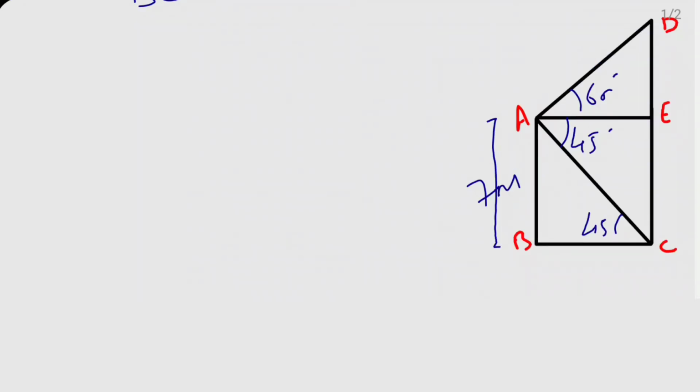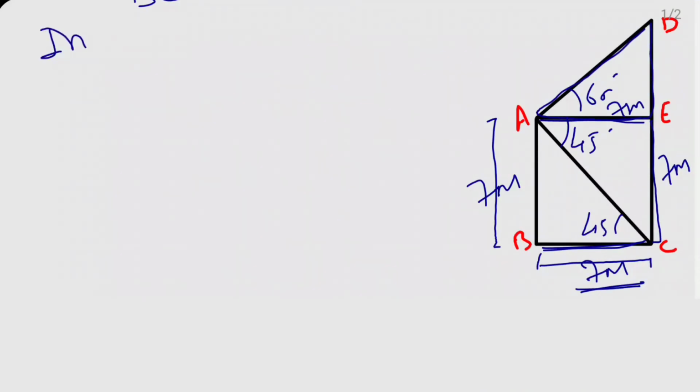Is it clear? So here we find out BC is 7 meter, right? So BC is 7 meter means AE is also 7 meter, because these two are equal, or these two lie between the same parallel lines. And here AE is also 7 meter. AB equal to AE, right? And now I will consider a triangle AED. So in a right triangle AED,